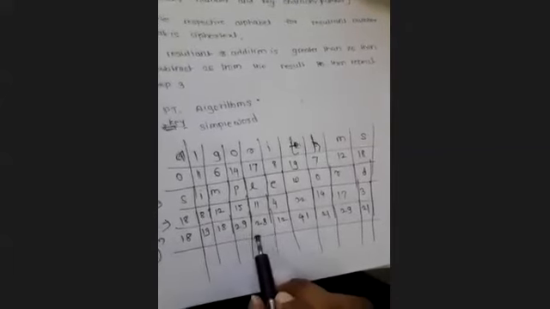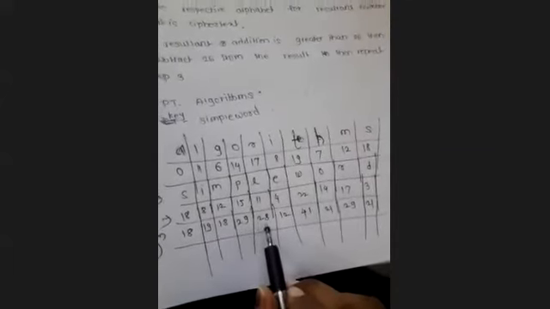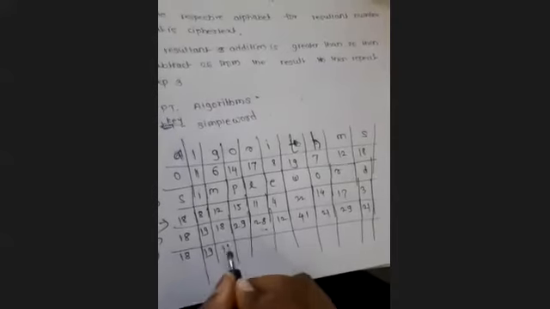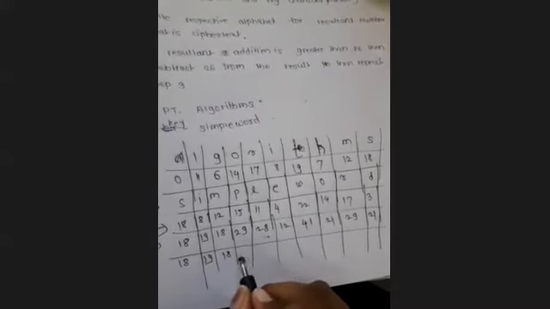Now here we will be having the values 18, 19, 18, 29, 28, 12, 41, 21, 29, 21, right? So wherever we are having a value greater than 26, we will just subtract 26 from that value. Here is 18, 19, 18, 29 minus 26 is 3, 2, 12. 41 minus 26.